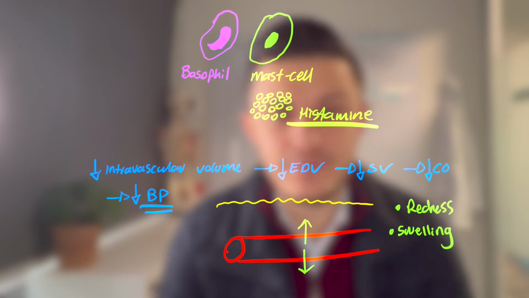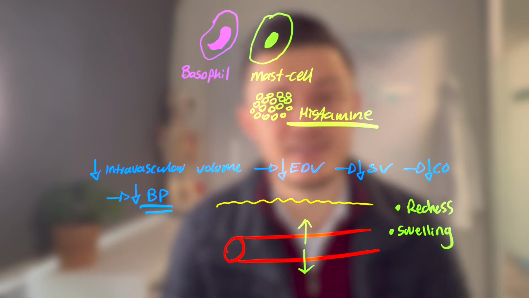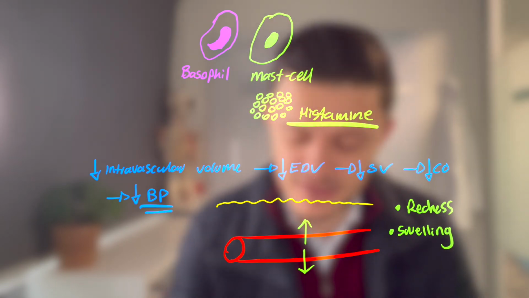If we're losing fluid to the third space, would it make sense, or would it be justified to introduce fluid into the intravascular space? Of course. So if I were to get rid of this now,